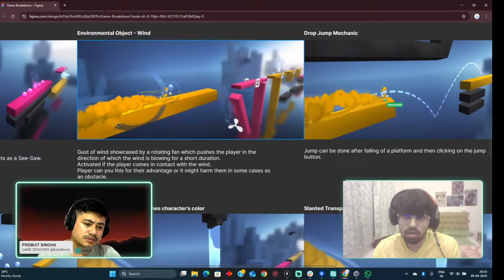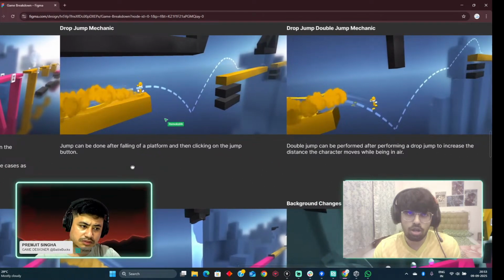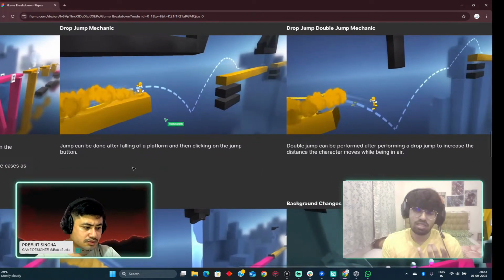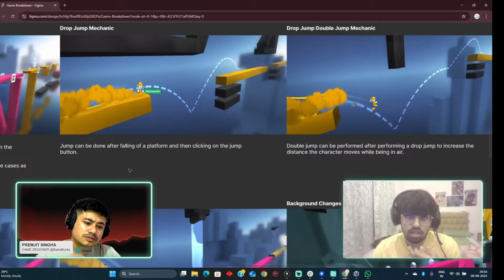Then another mechanic is the drop jump. As the game progresses, more types of jumps are provided. Before, I explained a normal jump, double jump, longer jump, and then combinations of these three. And now a drop jump is included. Drop jump is basically